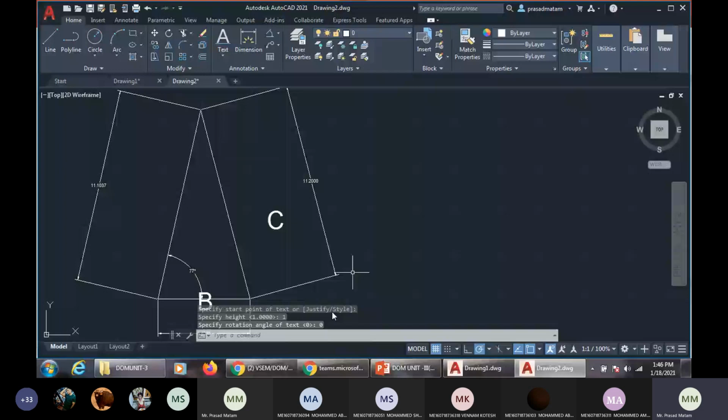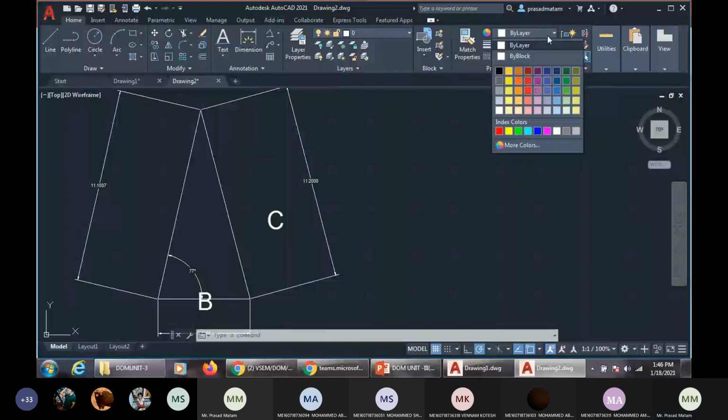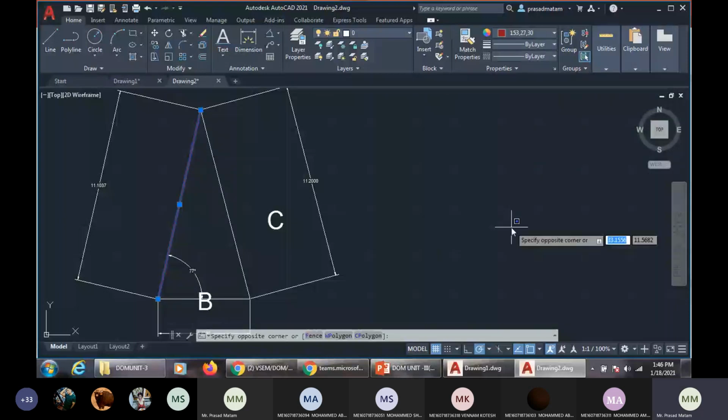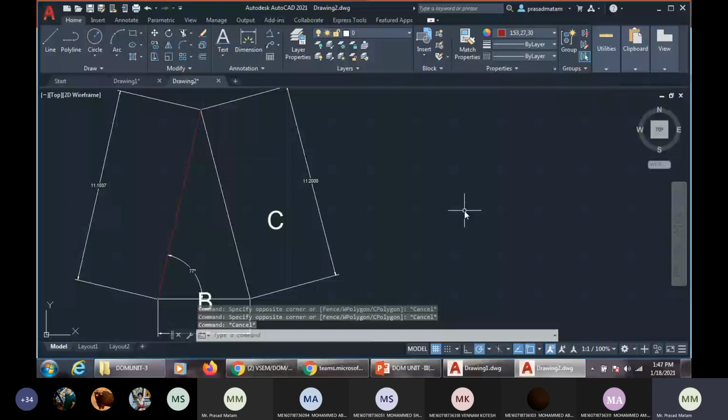I want to keep the resultant with a different color so that we know easily. Okay, this red line shows my resultant. You can see here, this red line shows my resultant for the plane D, which is equals to 0.08 MD into x. This length is 11.1 centimeters. Angle made by the plane D is 77 degrees. Okay, let us note these two values.